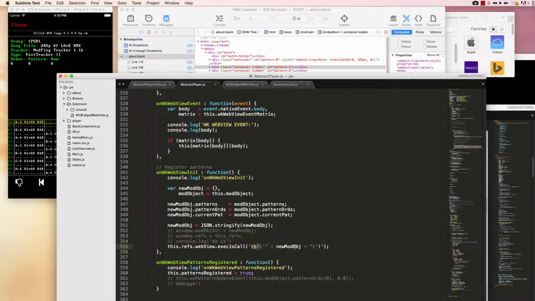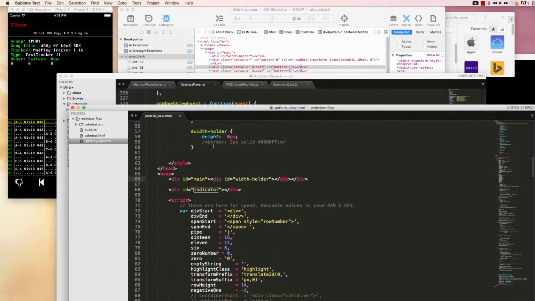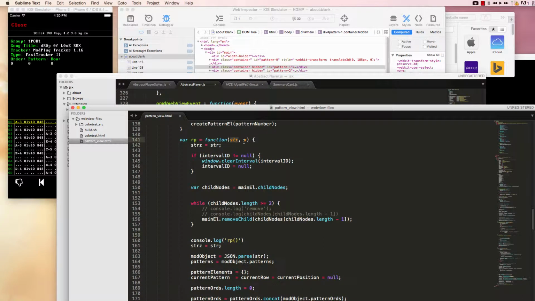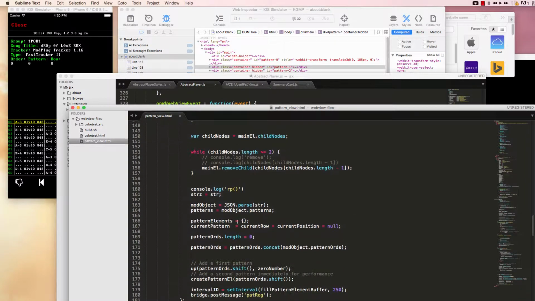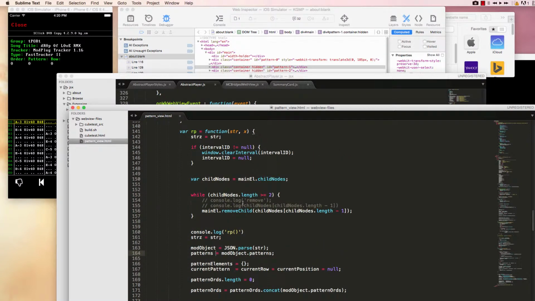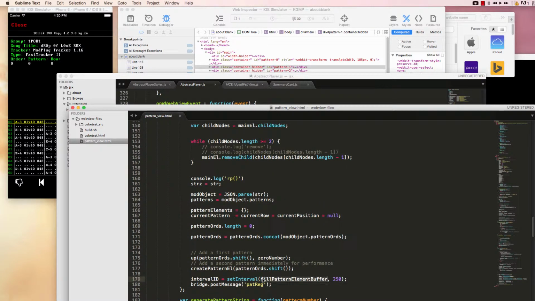So I ship this over, and it's caught by this pattern view, where, ignore this line for debugging, it basically takes the data that's passed in and does a JSON.parse. Not the best way to do things, but it is the only way to do things. So every time a song is loaded, the data set is parsed, and we go through an interval of 250